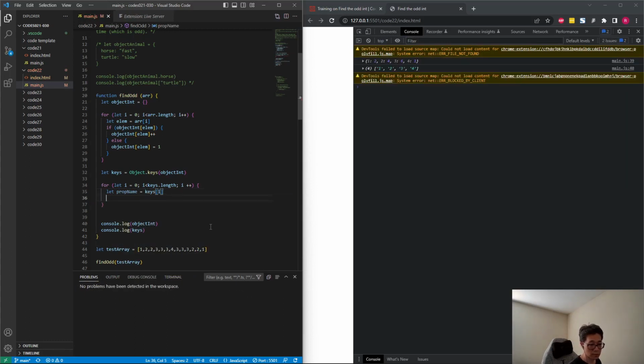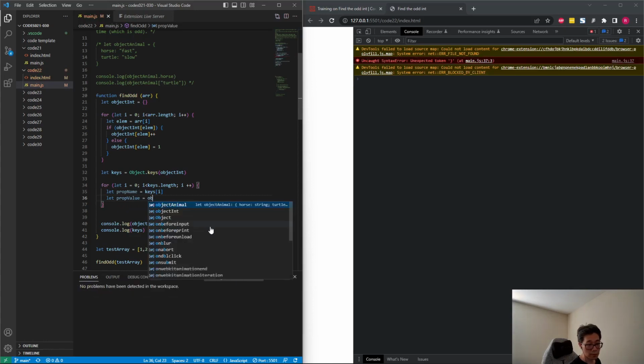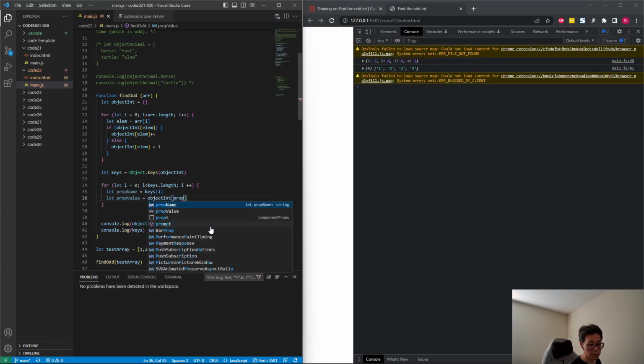And I'm going to continue on and create a second one, and then we'll review what we're doing here. So we're going to do propValue equals objectInt at propName. Alright, so what we're doing here is first we're creating a variable that contains the property name,